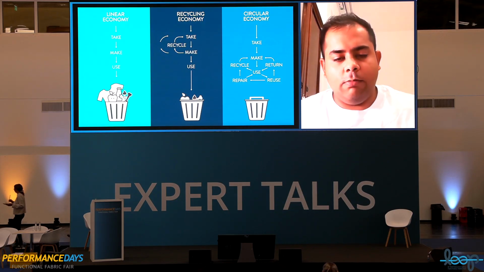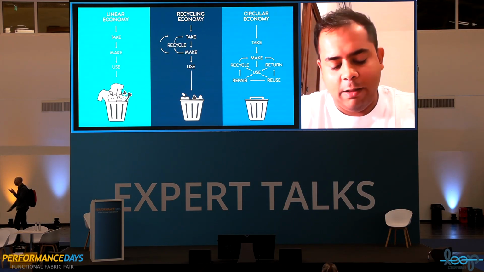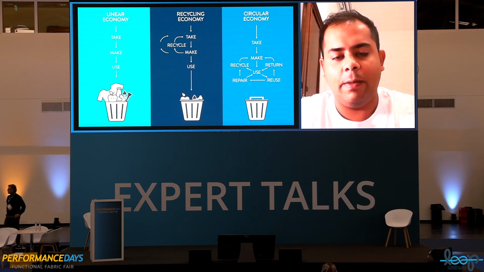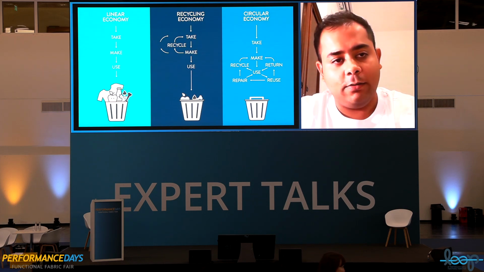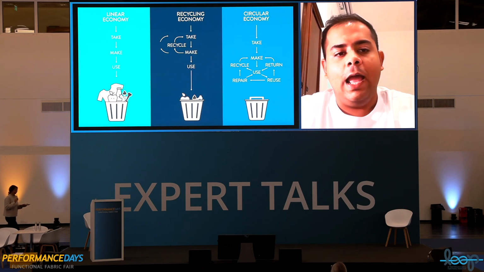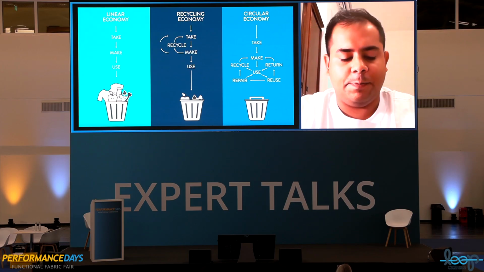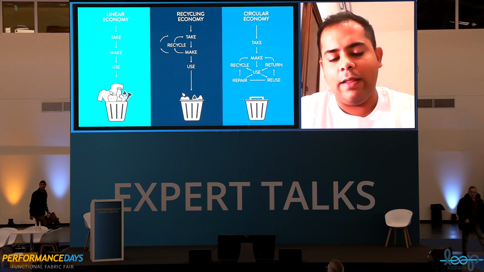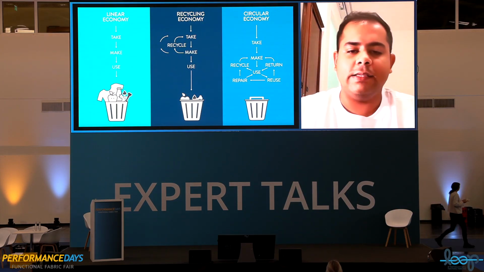Yeah. So I'm sure everyone sitting there and otherwise in the industry has seen this image. Of course, the linear, the recycling, the circular economy, and it looks great. Of course, this is a very good representation. It is, from my own perspective, a very flawed way to represent this. Nowhere in the industry do we have just these straight lines and it works out so well.